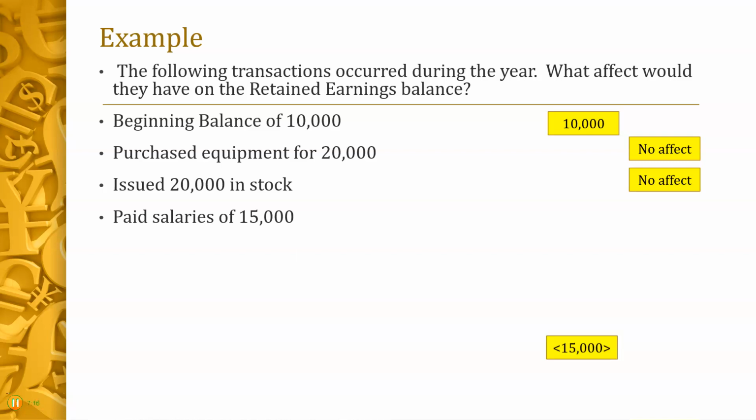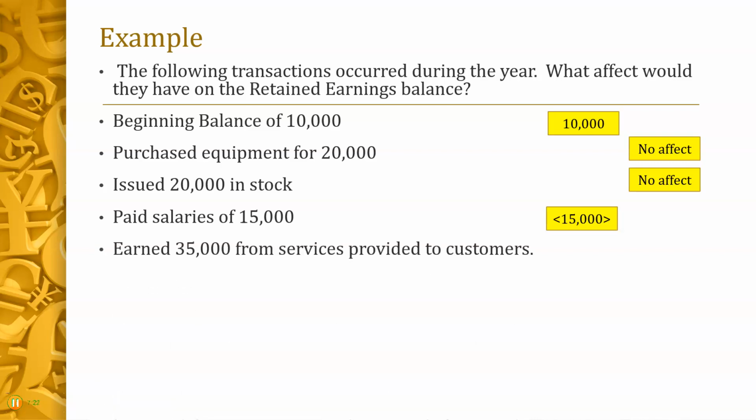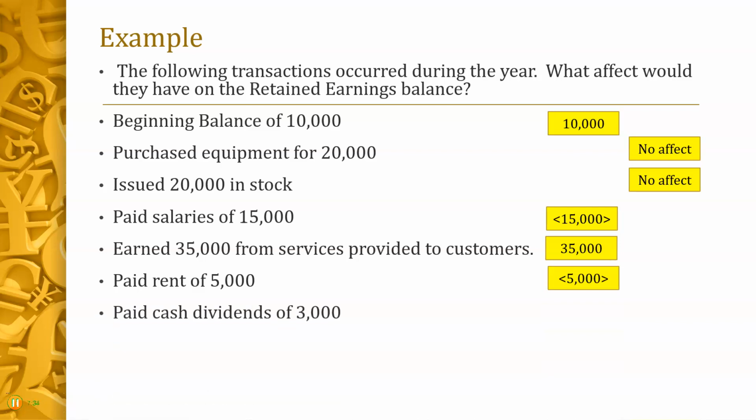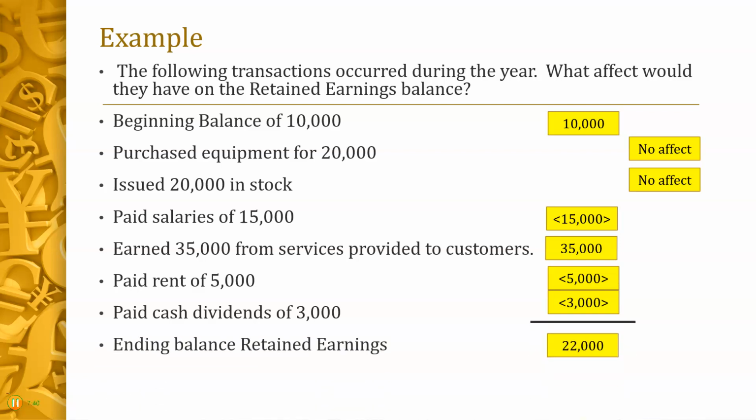Paid salaries of $15,000. That would reduce our retained earnings because it would be part of net income. Earned revenue. That would increase retained earnings because that's part of net income. Paid rent. Decrease our retained earnings. Paid cash dividends, decrease our retained earnings. And now we have our ending balance at the end of the year